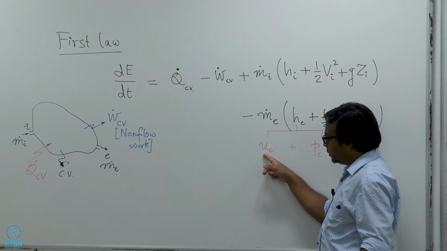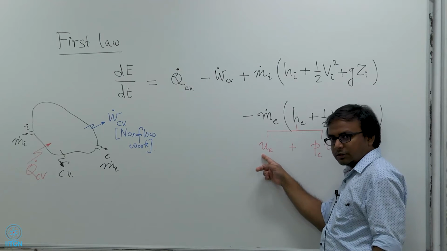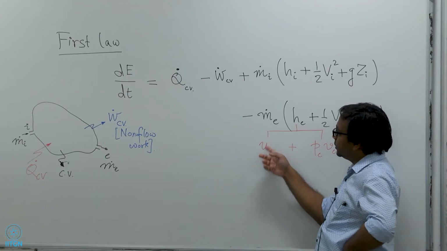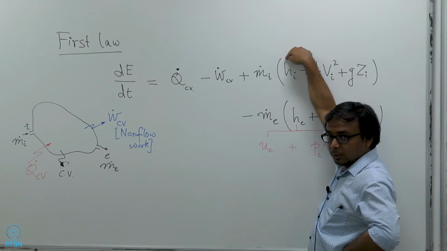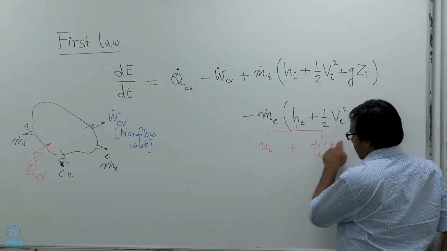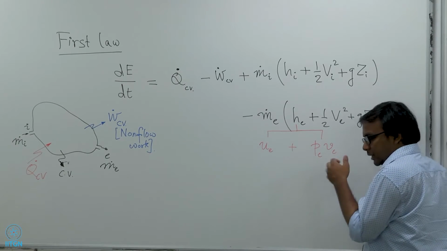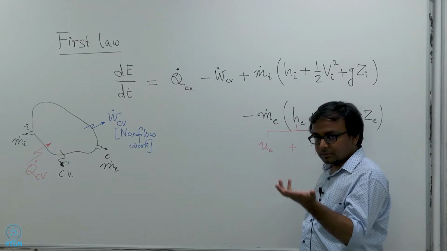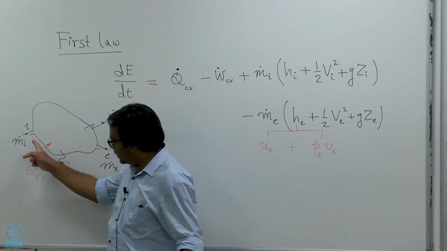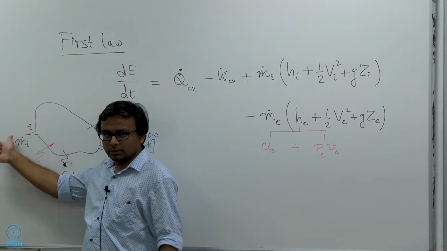So, this is the internal energy of the incoming or the outgoing fluid, in this case the outgoing fluid, which should obviously be taken into account because it is going out. Similarly, this is also accounted for when the fluid is coming in at the inlet, right. Now, you might recall that this extra term should also be accounted for when there is a flow, because to sustain the flow you have to do some work, right. So, to sustain the flow, the fluid that is outside the control volume here at the inlet is doing some work on the control volume.